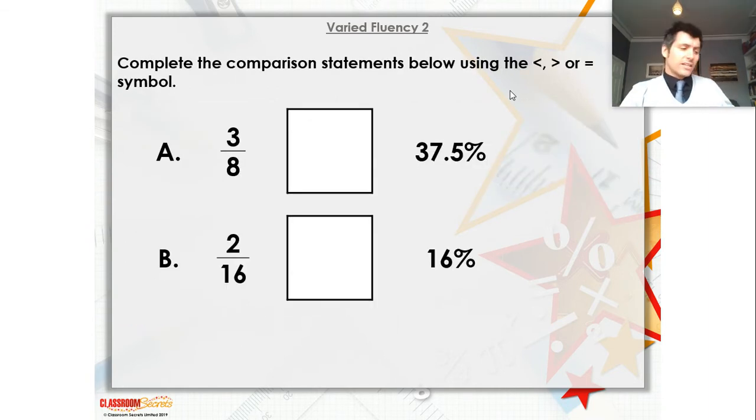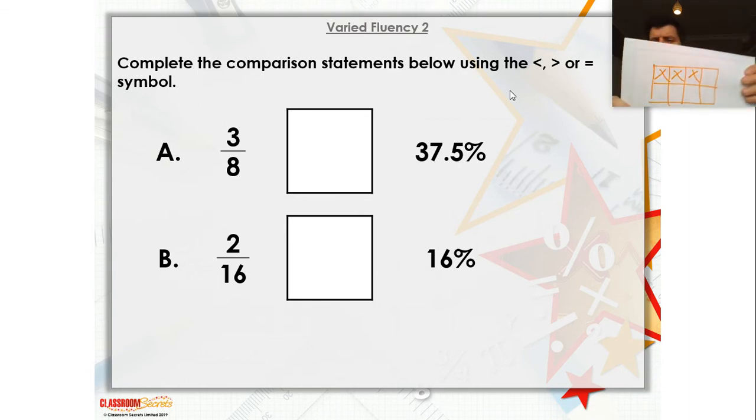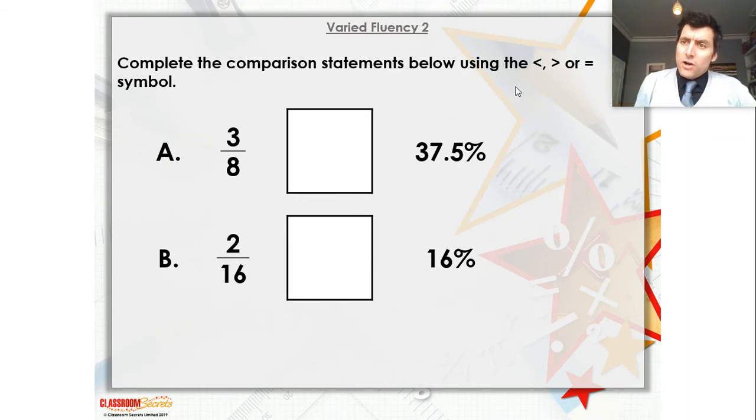Right, guys, we've got to identify whether they're larger, smaller, or equal. So again, we need to think about what we can identify. Now, we know that a whole is split into 8 equal parts. So if we had a whole, and we're thinking about 3 of those 8s, as this image shows you, the first one, 3/8, we know that